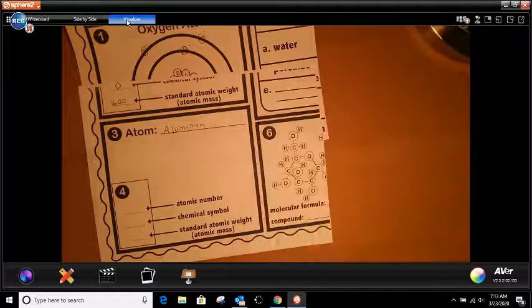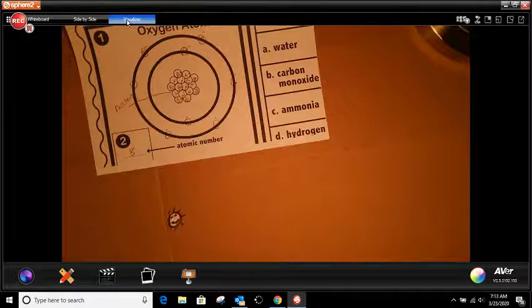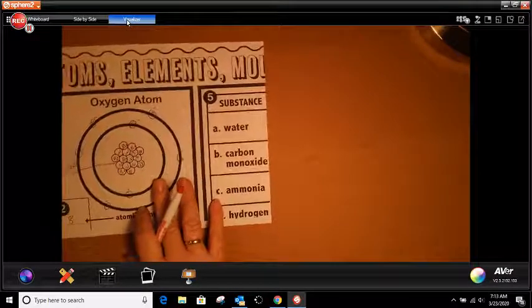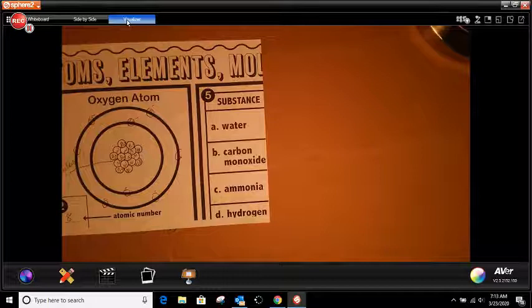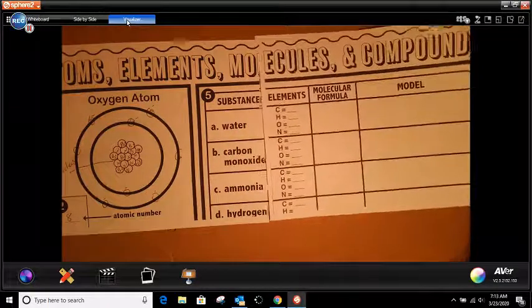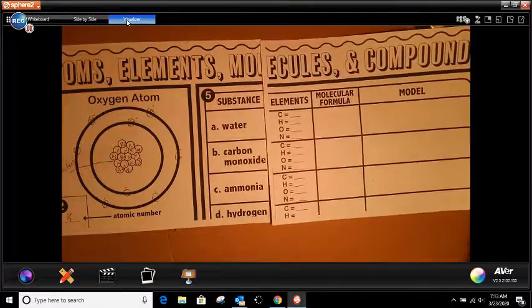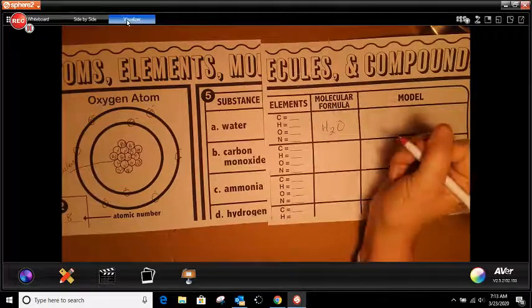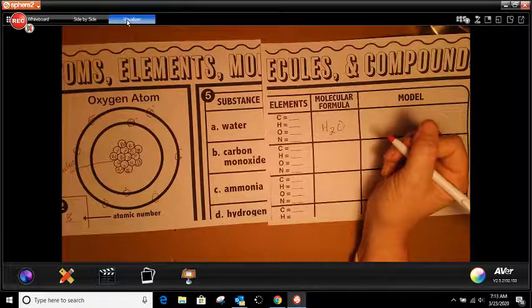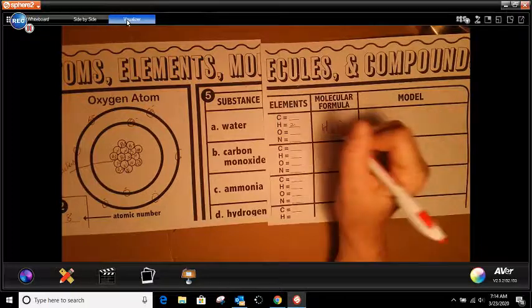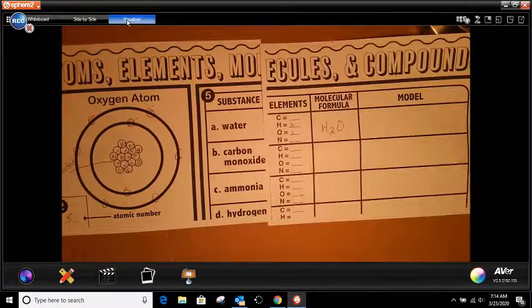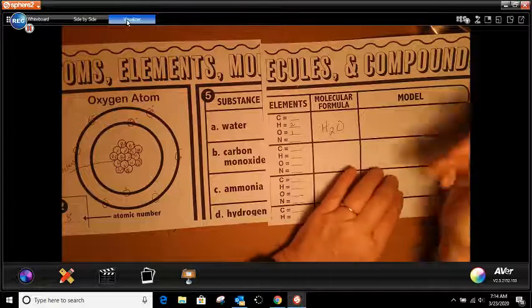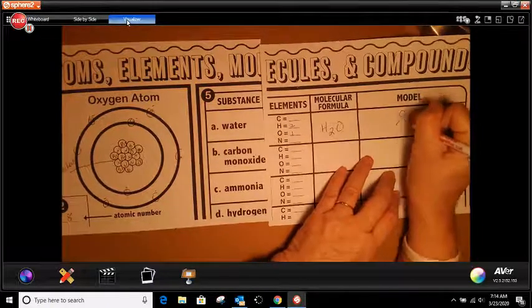So, for number 5, you're going to pull this down. And number 5 tells us that it's water. So water is H2O, isn't it? So there's 2 hydrogens, 1 oxygen, and the model for that, remember, is you have oxygen with